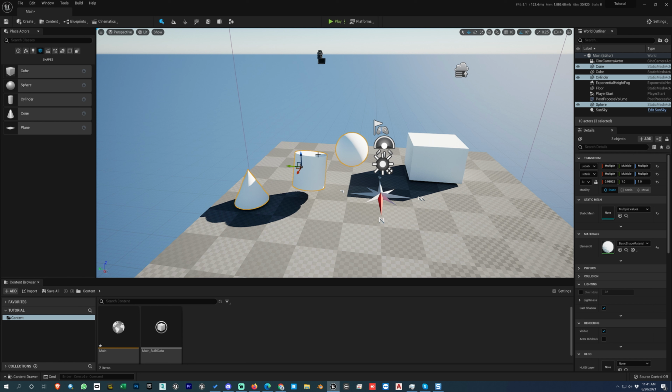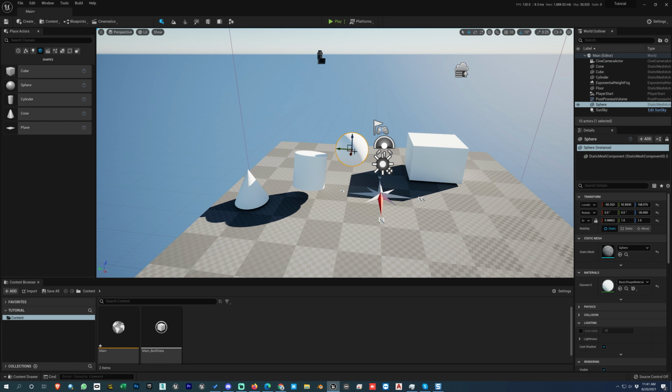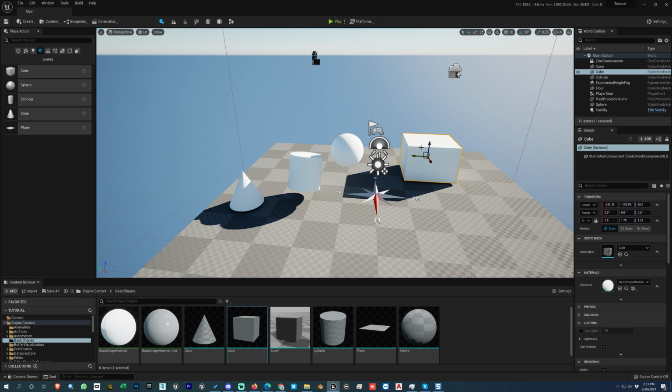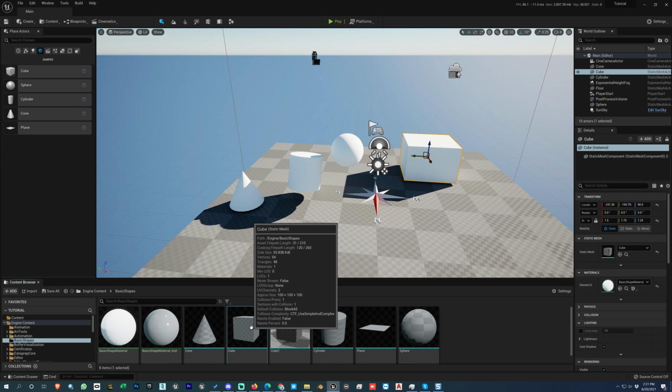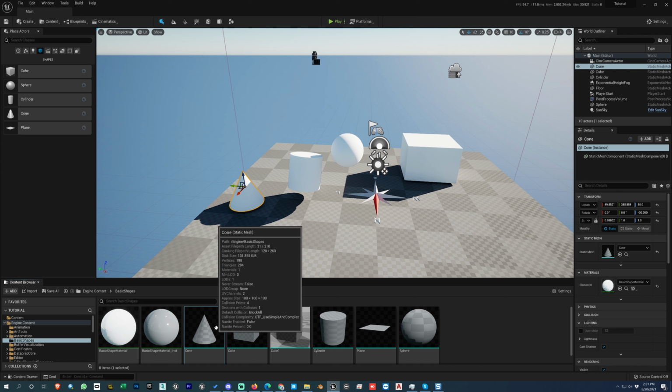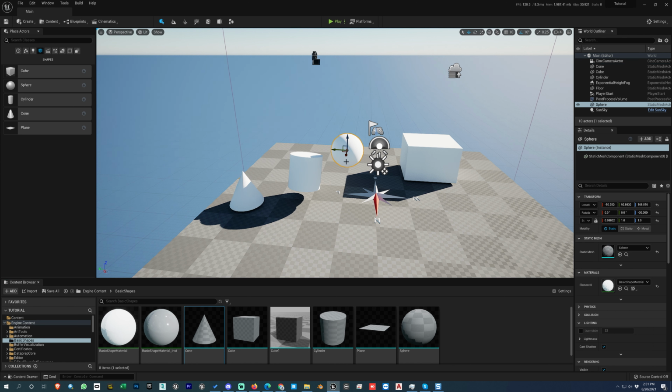Now suppose you want to find the object in the content browser. For that, you have to press Control B. Control B means select the object in the content browser. The moment I select any object and press Control B, it will find the object located in the content browser. So if we select this object and press Control B, then it will find it here. If we select this